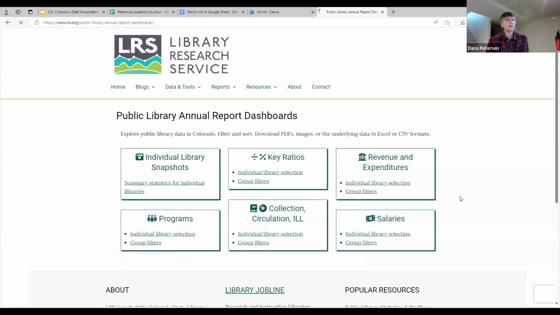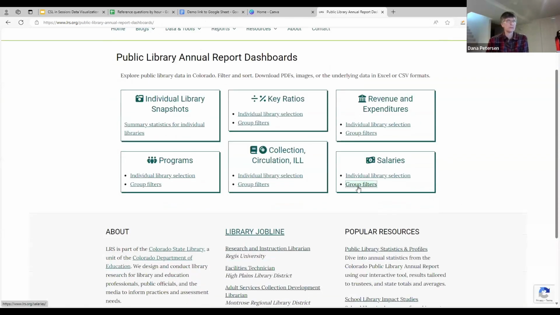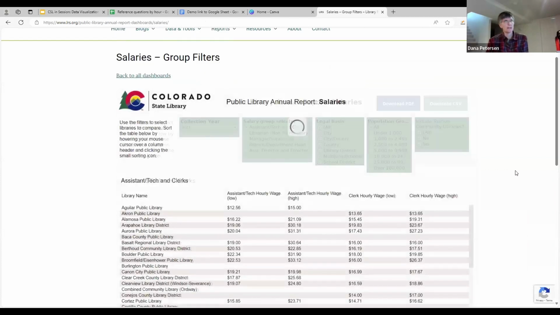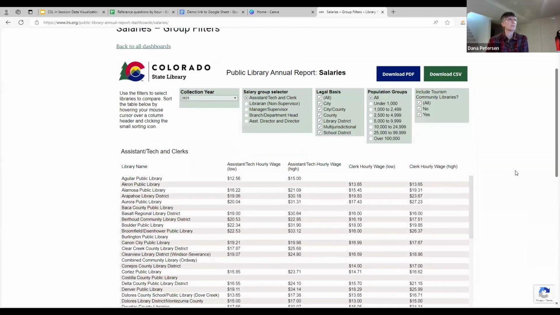If you want to do a little bit more, say, comparison, who doesn't like to compare salaries? A dashboard like this lets you do that. It's got some filtering built in, but again, it's not really a visualization per se. It's just a tool. I wanted to show it to you to let you know that something like this would be something LRS could help you produce if you want.